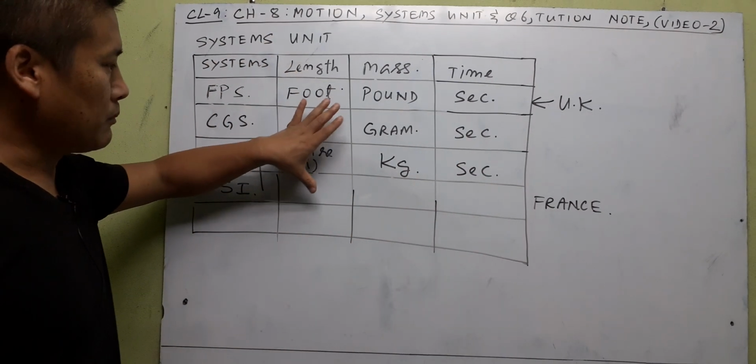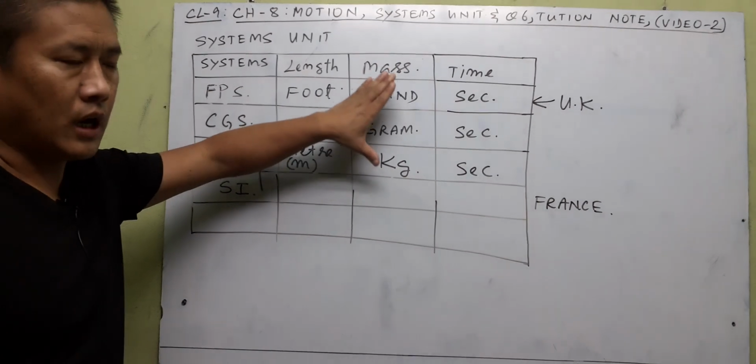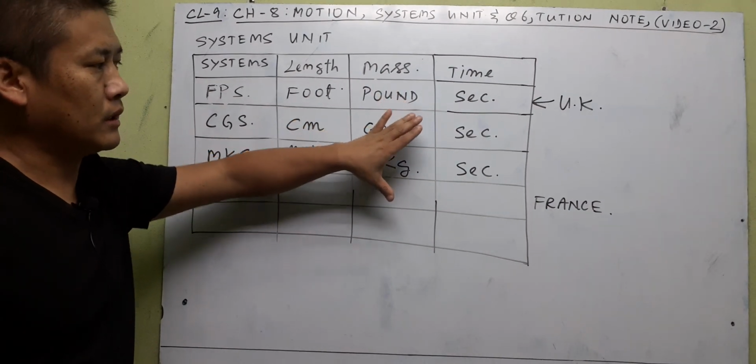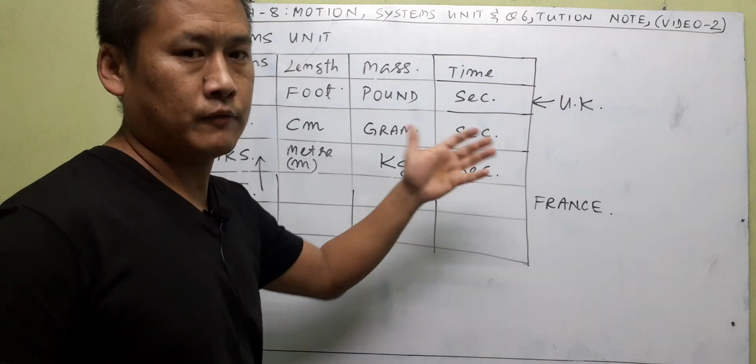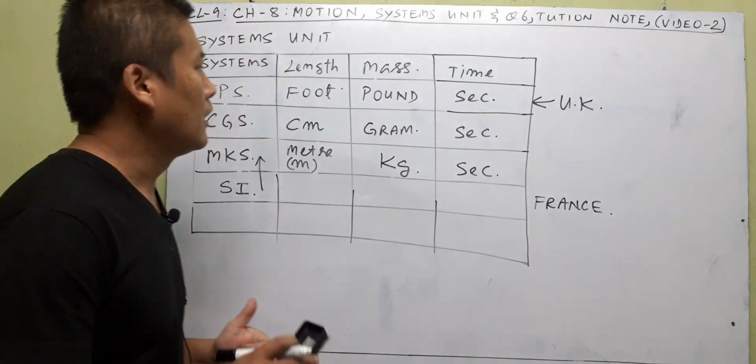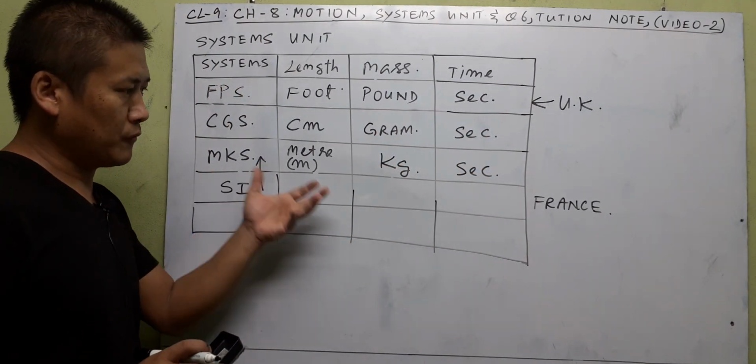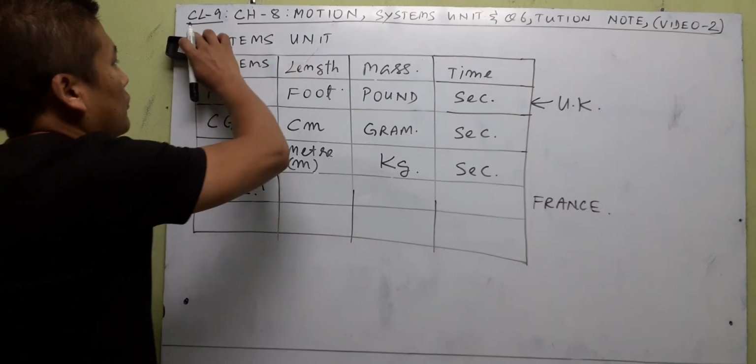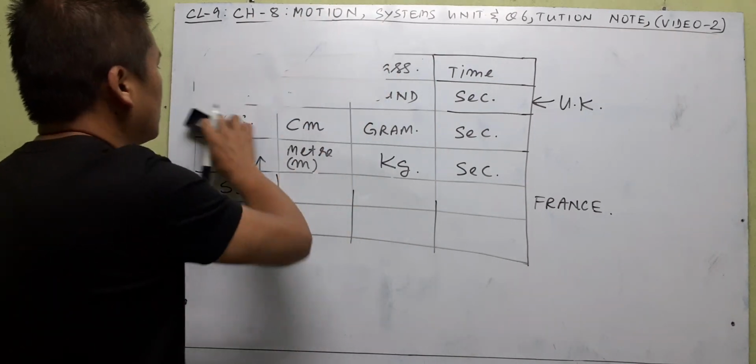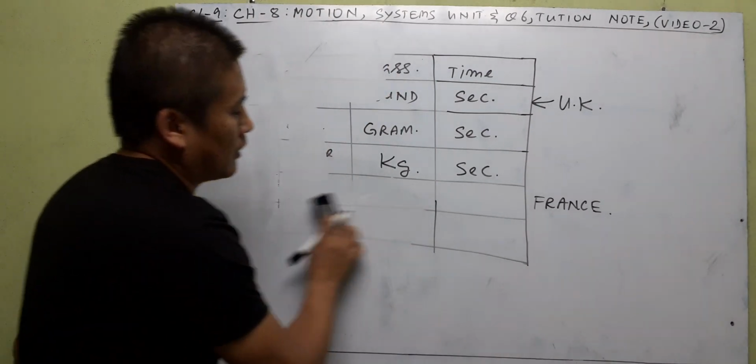So keep this in mind because this will keep on coming even as you go to higher classes. And it is good to get these things clarified from now itself, from class 9, right? Then you'll have no confusion as you go higher. Okay, so once we are done with the systems of units, the next thing we want to do is